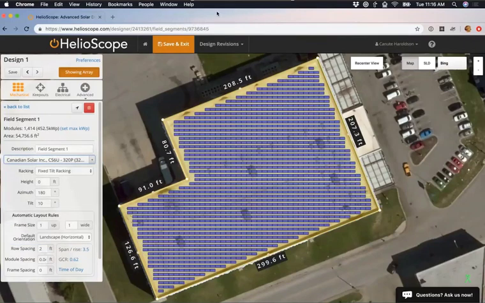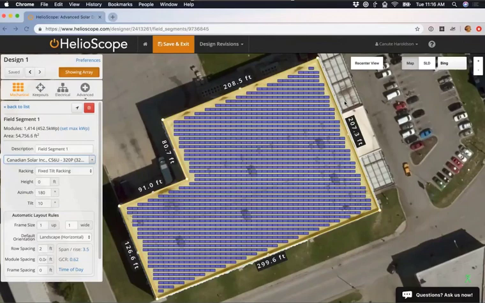Now, I do think favoriting is pretty important, so I'm actually going to put the link for how to do that here, so you can see how to favorite modules and inverters. Because that way, you can go through the library, you can find what you're actively using, and you don't have to search every single time you're in the designer. You just have a select list of components that you know that you use that are your favorites, and you don't have to do that search every time. So I've got my modules selected. The next thing we might want to do